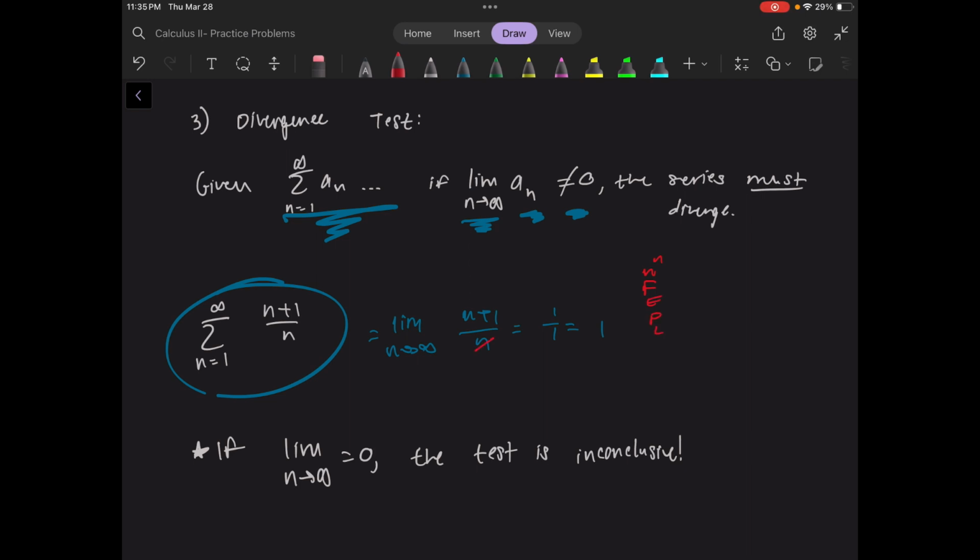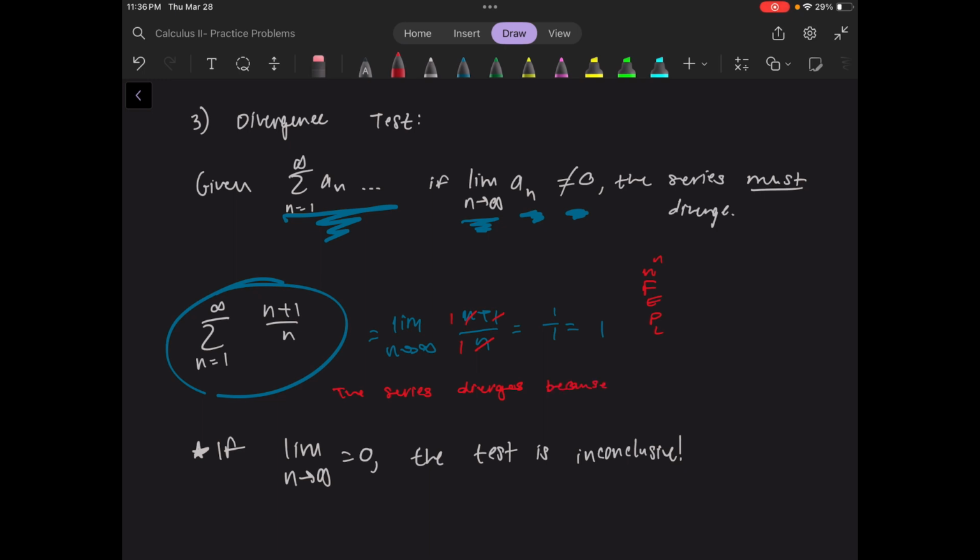So this n and this n kind of cancel each other out as we look towards infinity, and this 1 is insignificant, right? So then we're just left with 1 over 1. What you'd say is, like I mentioned earlier, we have a formality. You'd say the series diverges because,